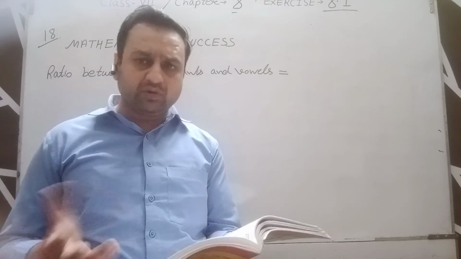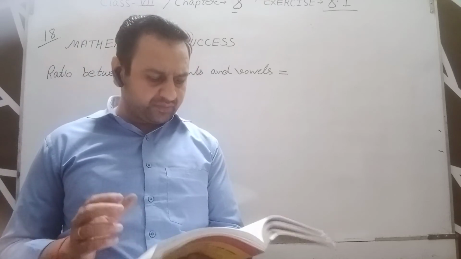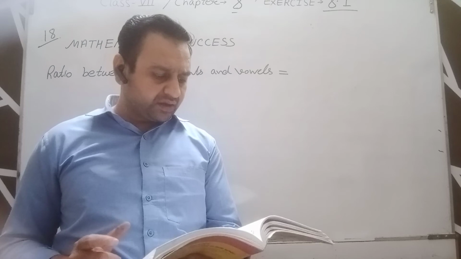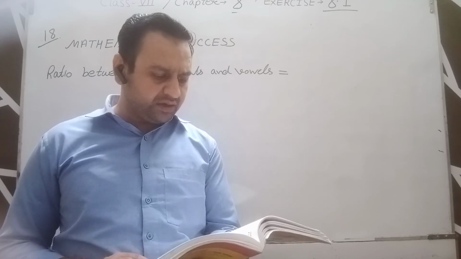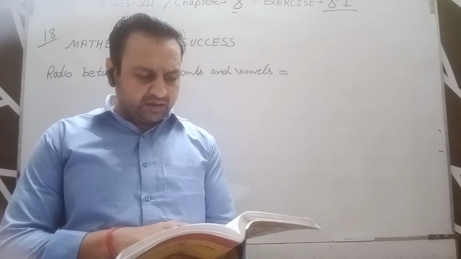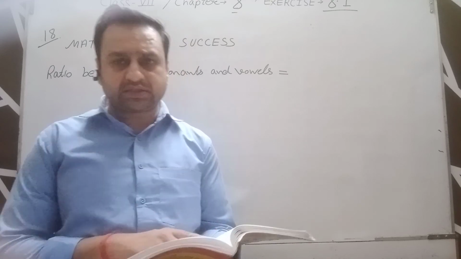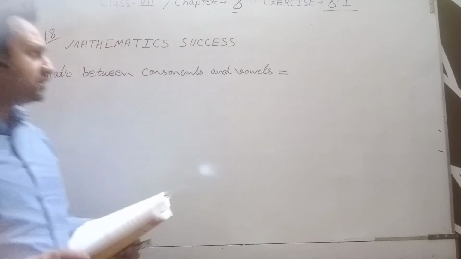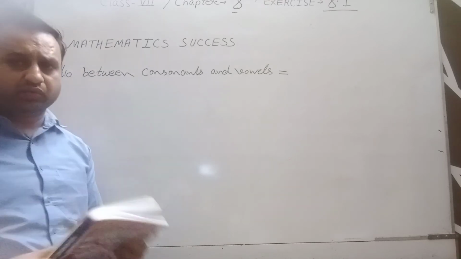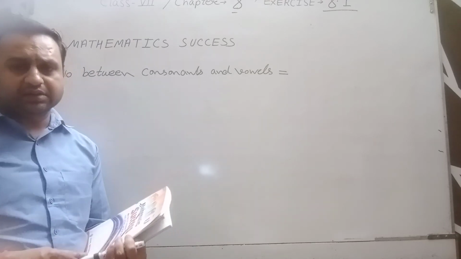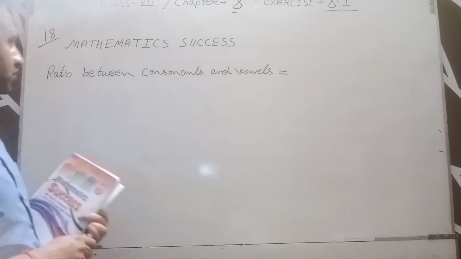18th question, it is also very easy, but it is an interesting question. In this question we have to find the ratio between consonants and vowels, and the word is mathematics success. In mathematics success we know that vowels are a, e, i, o, u, and the remaining letters are consonants. So in this word